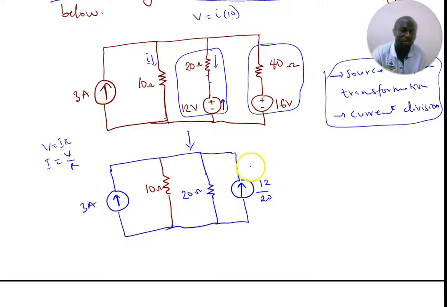If you've not watched my source transformation video, try as much as possible to watch it, and you'll understand what I'm doing here. And we also have 40 ohms here, which will also be parallel to